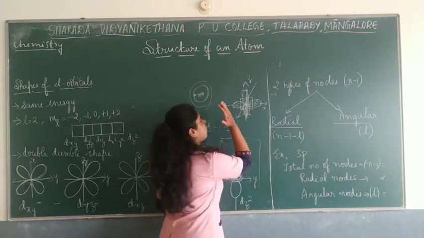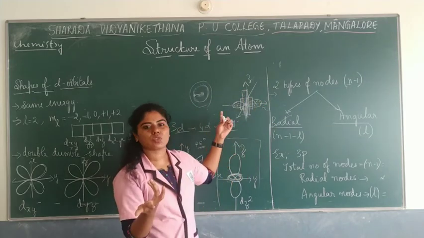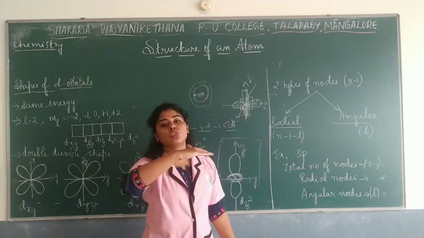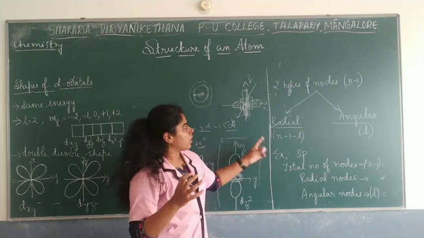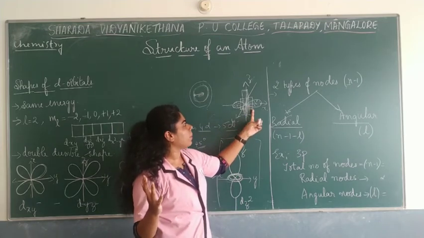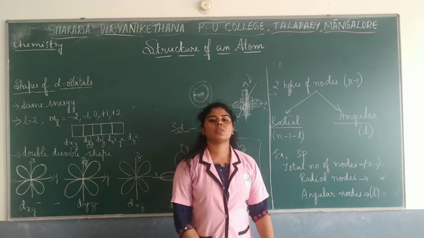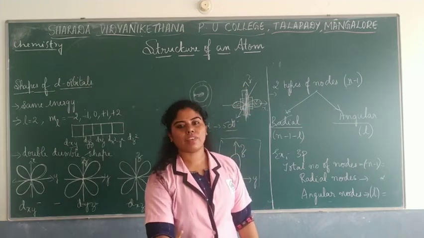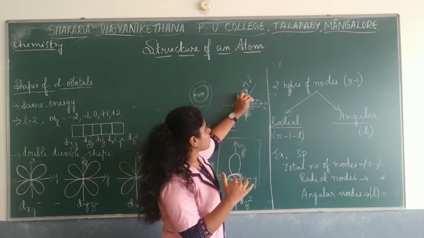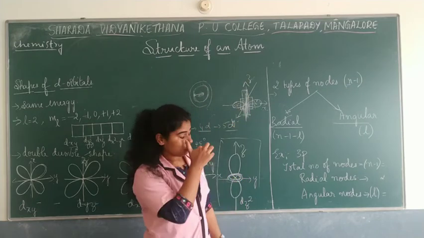So you can consider the planes too when you have x, y and z axis. But in spherical there is no such axis. Even if you are talking about d orbitals, there can be two planes like that. Okay. If you are talking about especially 3d orbitals, then there can be two planes. If you are talking about p orbitals, then there can be one plane which can cut through the lobes, and there is no probability of finding an electron. So for px orbital, there is radial node also, there is angular nodes also.